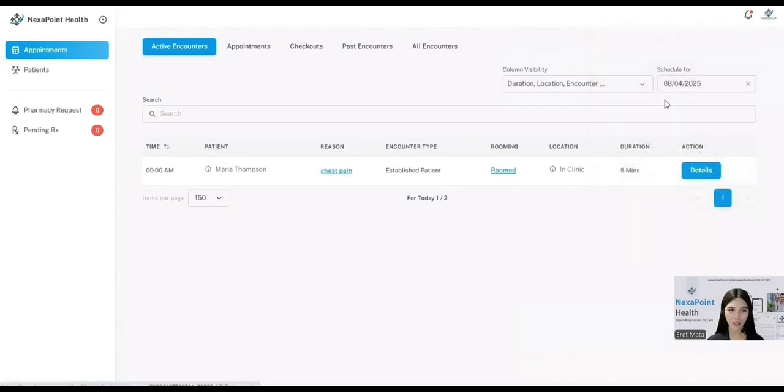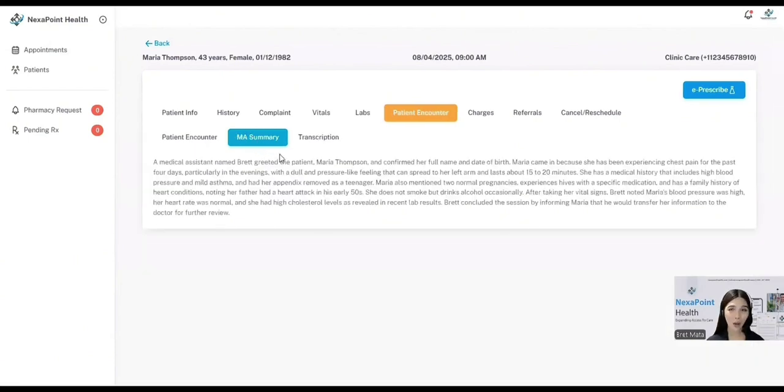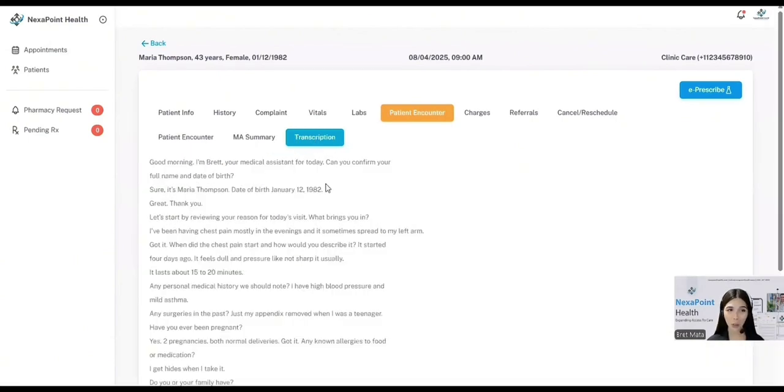When I click on the notification, I am taken directly to the in-person encounter screen. Before starting the consultation, I can review the medical assistant's AI-generated summary along with a full transcription of the recorded conversation with the patient. This provides me with a clear, structured overview of the patient's current complaint and history, all prepared before I join